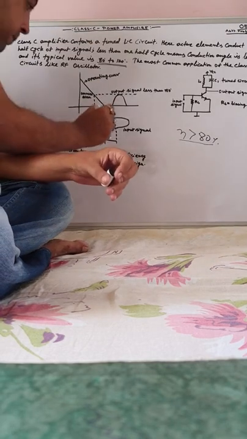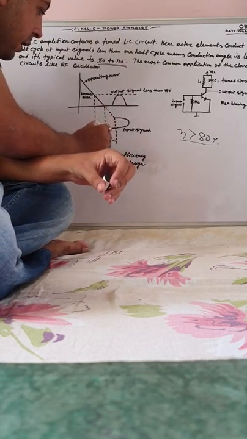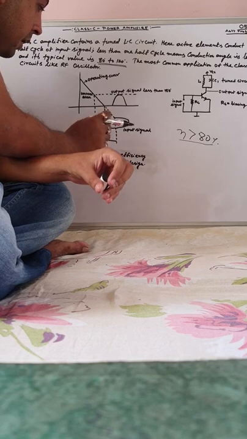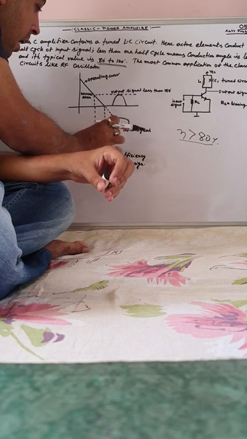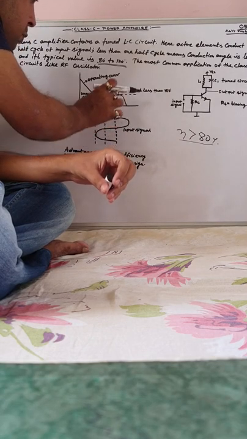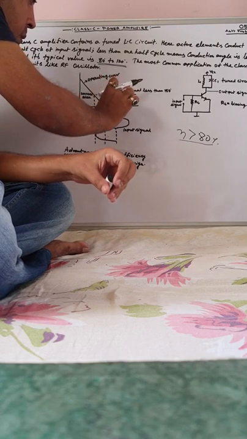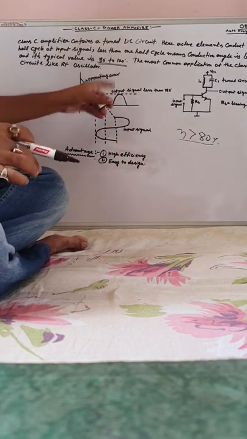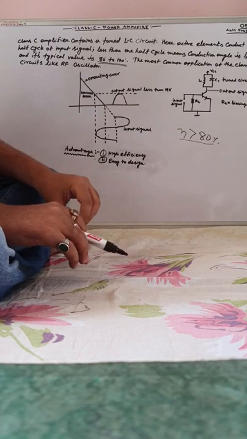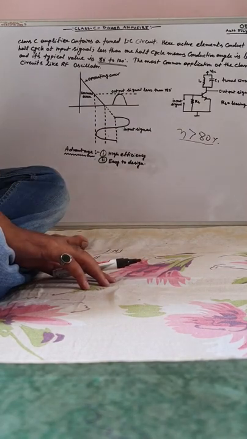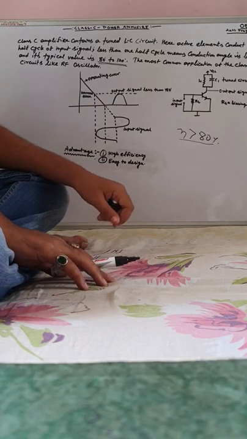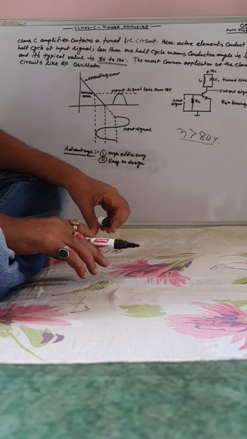You see here, this is the upper half and this is the lower half of the input signal. Less than one half cycle is projected here. So this is the output signal. The conduction angle is less than one half cycle, typically 180 degrees to 120 degrees. The most common application is RF circuits like the RF oscillator. You don't need to remember everything regarding class C amplifier.